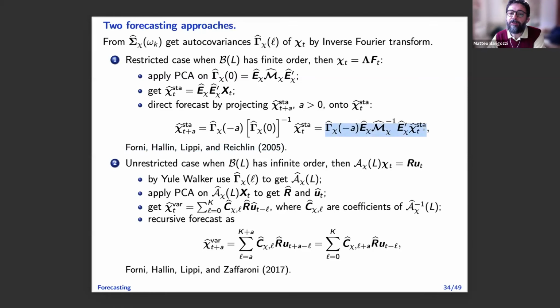But this is the kind of forecast that we consider and we call it static, because in order to be able to do that, you need to assume that the factors are loaded only with a finite number of lags. So that is what Lippi would call the restricted factor model, or Mark Hallin would call it the restricted dynamic factor model, okay? Still, it's very useful, so I like it. Then they work on the unrestricted case, where they really allow B of L to have an infinite order.